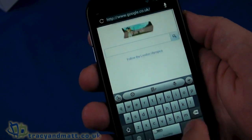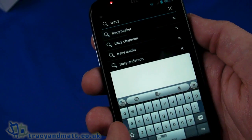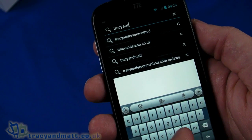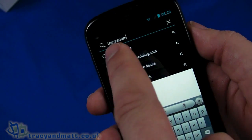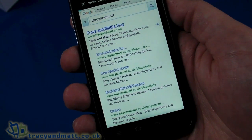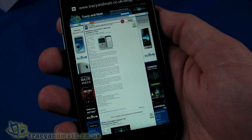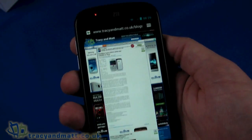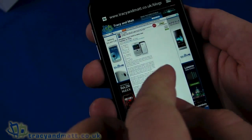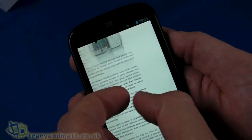and let's go to our site and take a look at how quickly that loads. Google search it. Well, that's loading very fast. Obviously I do have the benefits of the broadband connection and using Wi-Fi, but even so it loads very quickly, rendered very quickly, and you can double tap to zoom in, double tap to zoom back out. We've got two-finger scrolling,